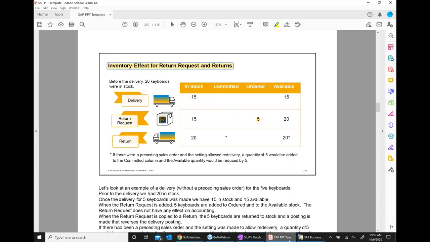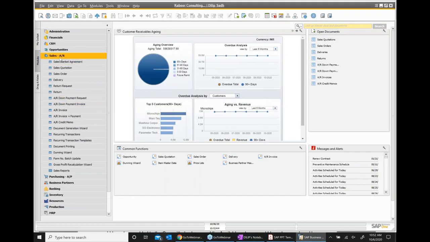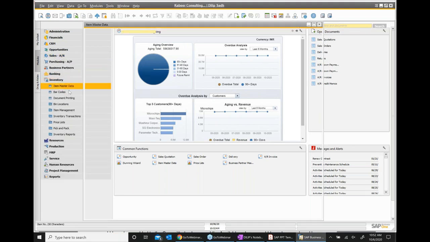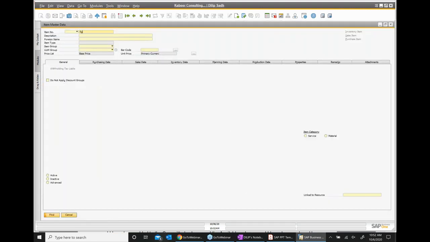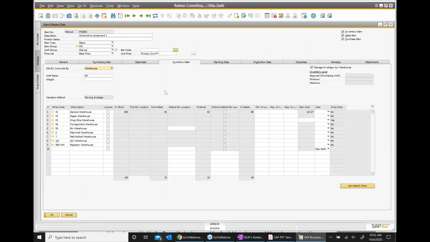Okay. Now, let us do an exercise. I select an item, probably the same item we created. This is FIG002, automotive component. This is the situation we have right now in this warehouse.